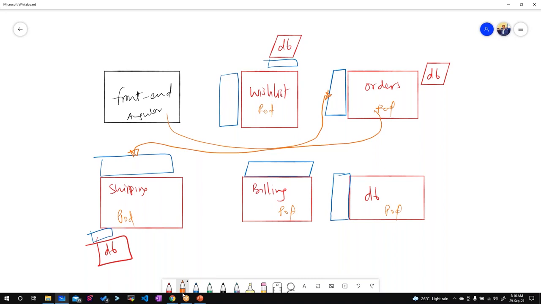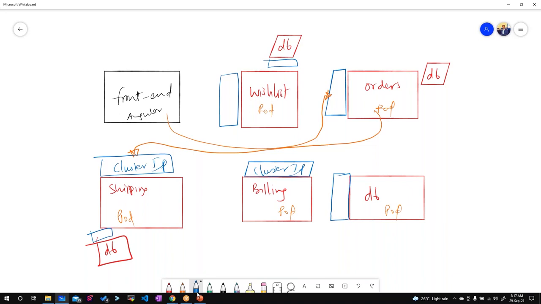I don't want to access the wish list directly from the browser, right? It is through the front end only that I can see it. Similarly billing, from the front end only I can see it. So the front end calls other components, and the other components call the internal components internally. All these types of services are known as ClusterIP. That means they give an IP internal to the cluster, or these communications are within the cluster.